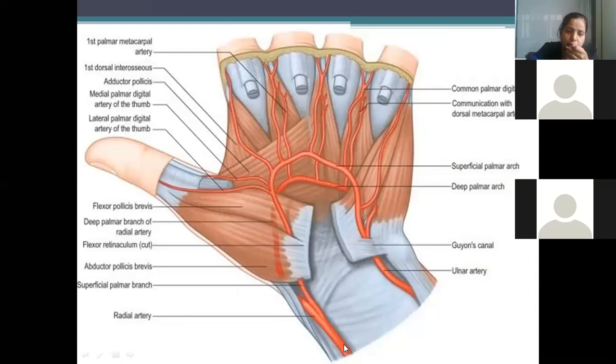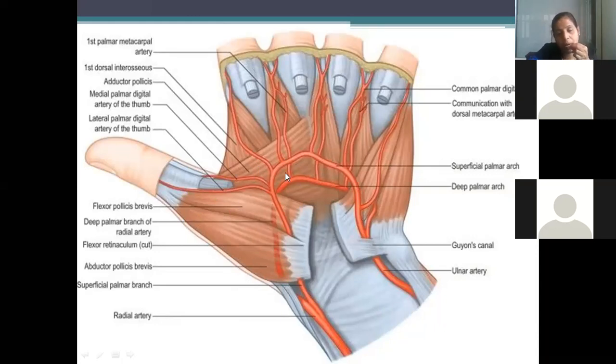So this is the thenar group of muscles, and the hypothenar group of muscles. You have removed the palmar aponeurosis; just below the palmar aponeurosis, if you abduct the thumb and join here, you will see this is the superficial palmar arch.